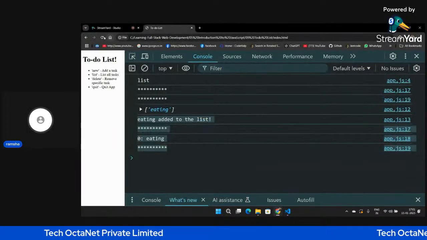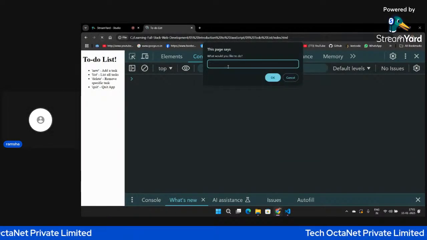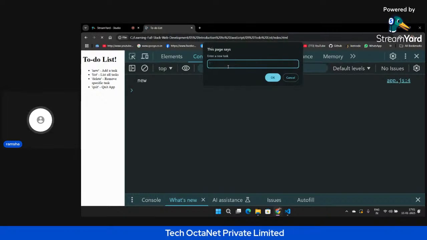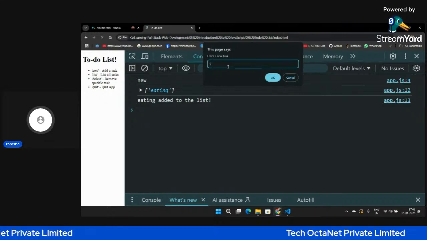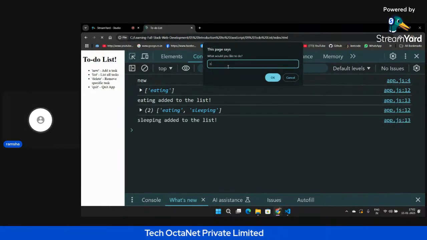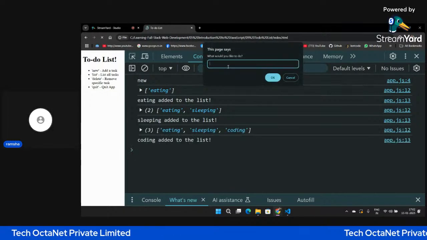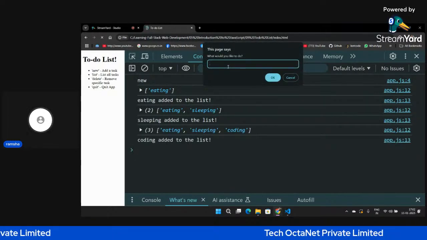Okay, now let me refresh everything again. Now if I want to add a new task, here I can add eating. I will add a lot of tasks now. I again want to add a new task. I want to add sleeping as a task, then new again, coding as a new task, and again add a new task of